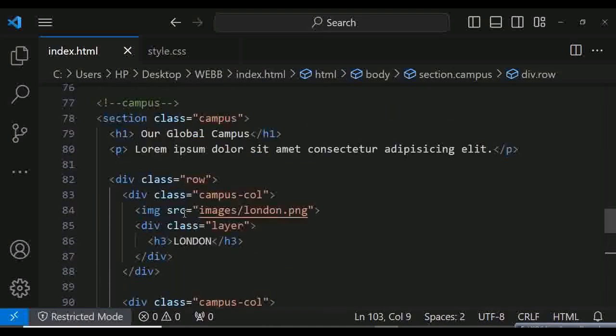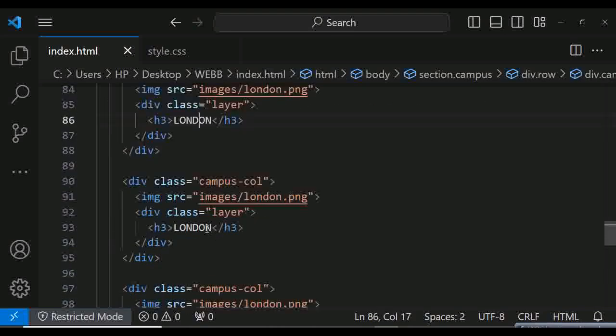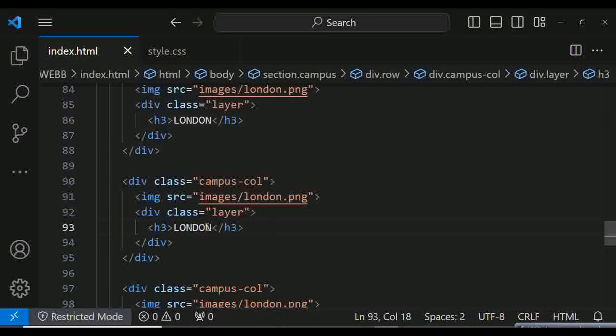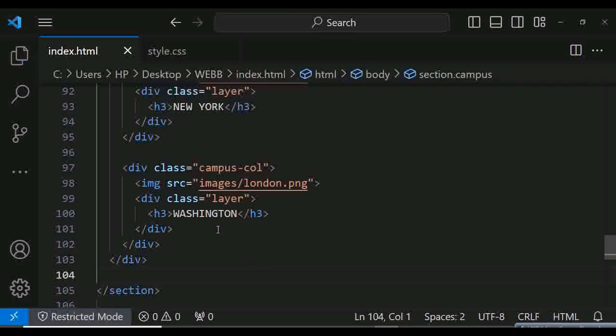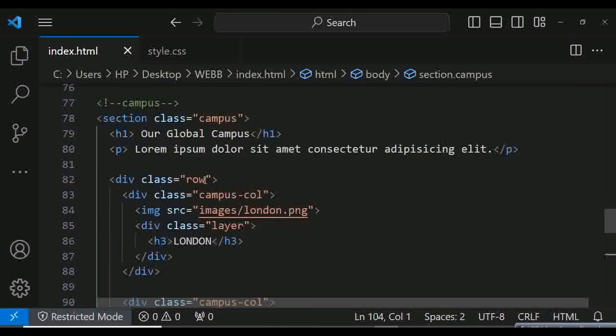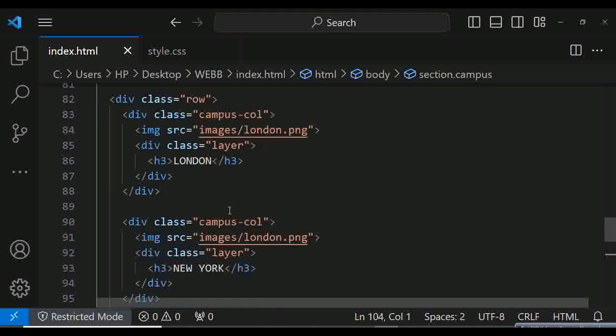So the first one we have London. This is London, so we're going to edit it. The second one, so let's put New York. And the next one, let's write Washington. Washington. So, and we have to change the image also. So since the first one is London.png, so